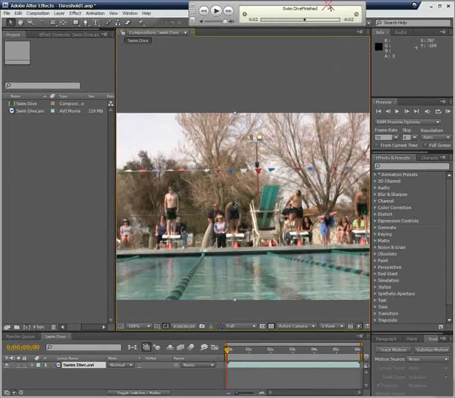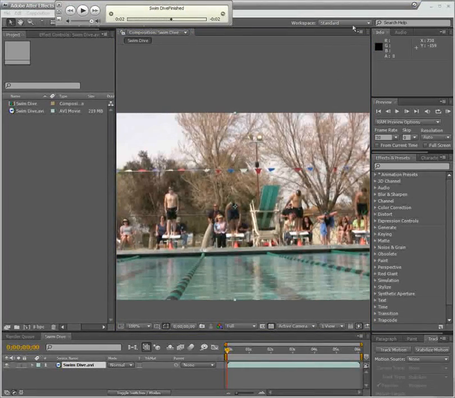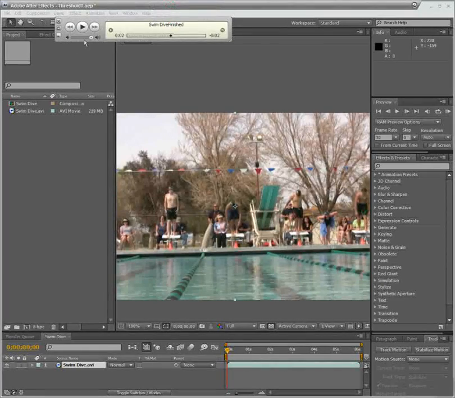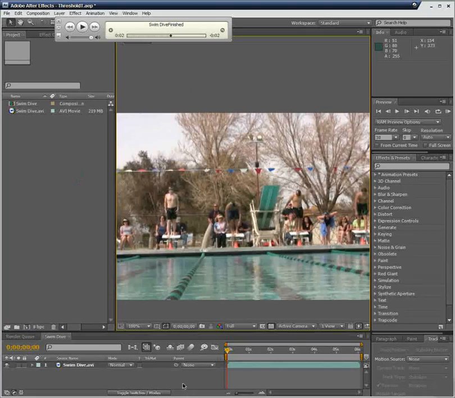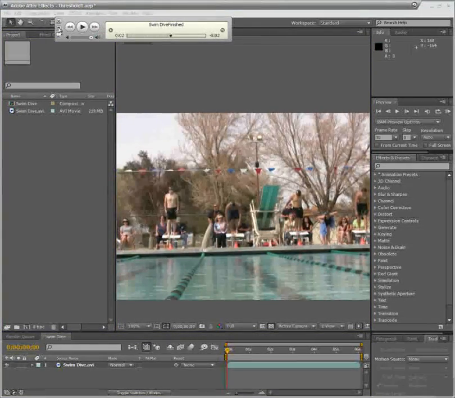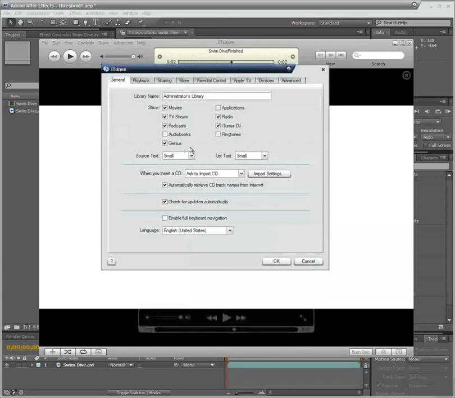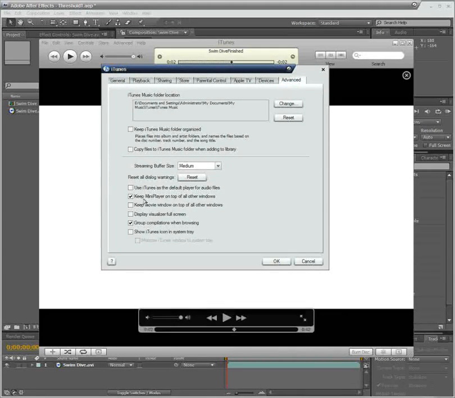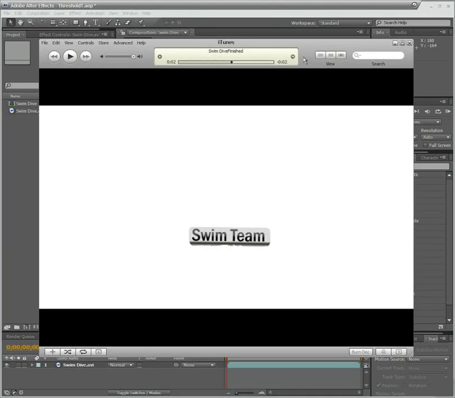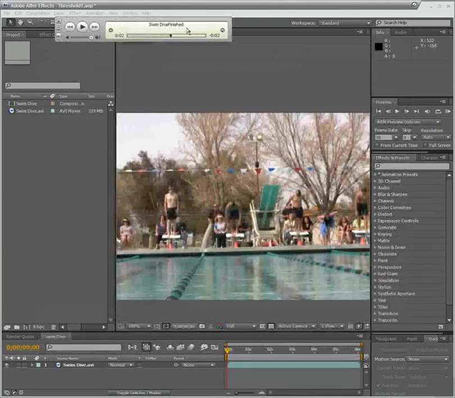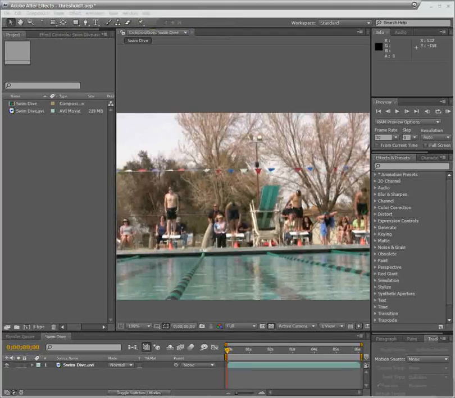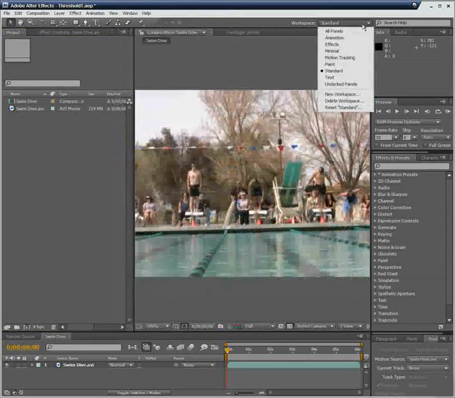First we're going to, hold on, let me move this over. Well, some of you may be wondering, how can he be working on other stuff and yet his mini player still stays on top? Well, there's a little iTunes thing. If you go over to Edit, Preferences, go over to Advanced, it's right there: keep mini player on top of all other windows. It's a pretty good little tip there, I think. Pretty snazzy. But this isn't an iTunes tutorial,